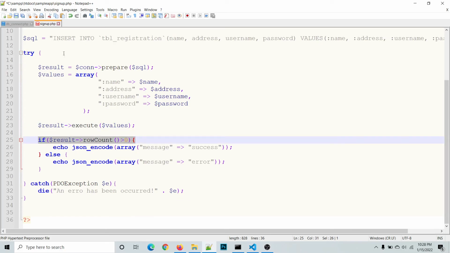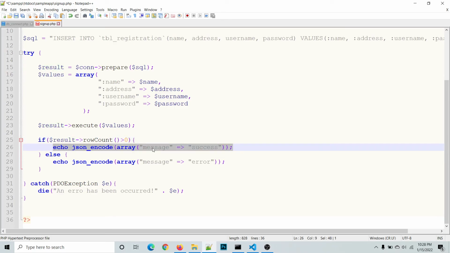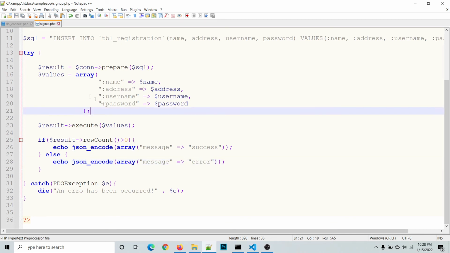to test whether the SQL statement is successfully executed in our MariaDB database. So we use the result row count to check whether the record has been saved to our database. If the value is greater than 0, then we'll display a message, which is message success. Otherwise, it will display a message error. Okay, so let's try our application, but do not forget to save that